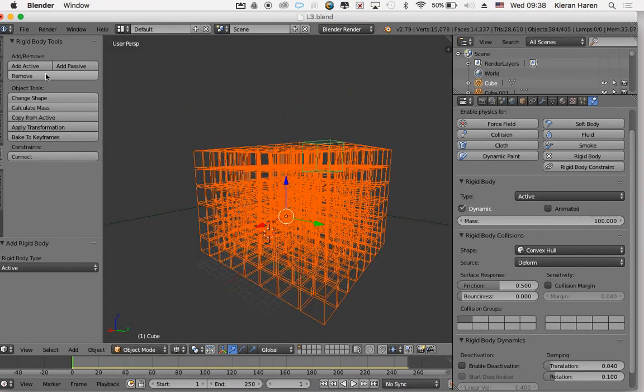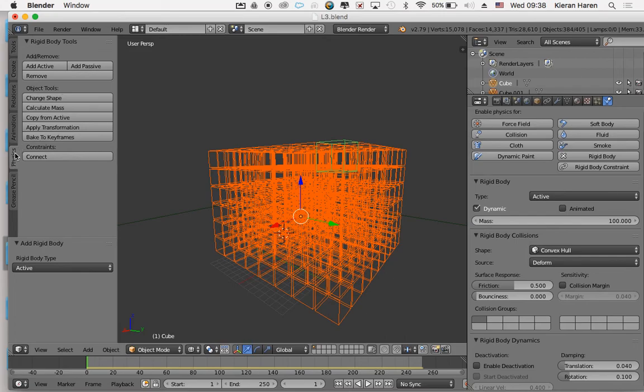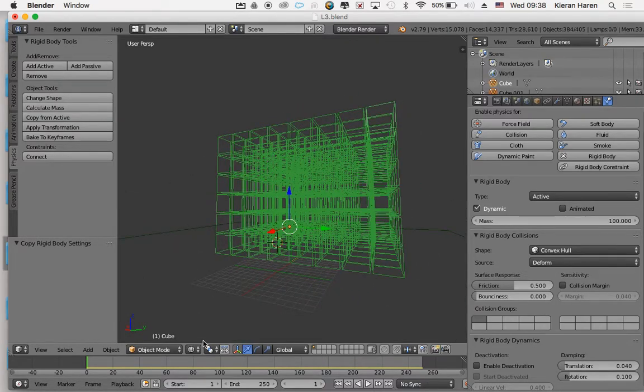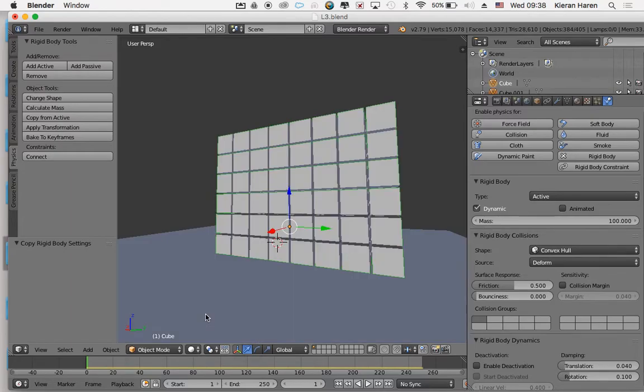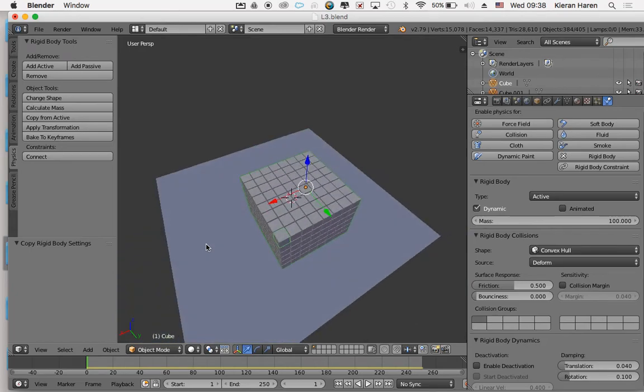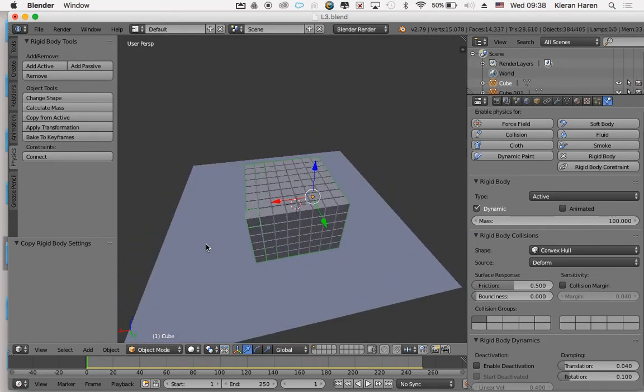Okay, and we go back to our options here again, physics, and then copy from active. Okay, copy from active, and then it should all turn green. We've done it correctly. There we go, all turn green now. We can then turn this back to solid. Now, fingers crossed, we've done everything correctly. When I press Alt A,